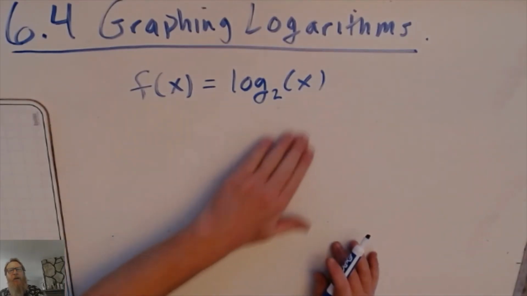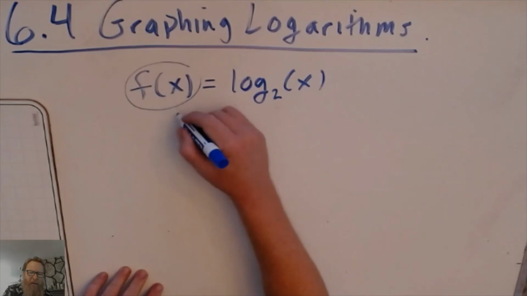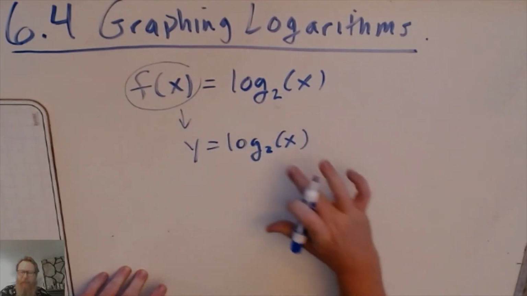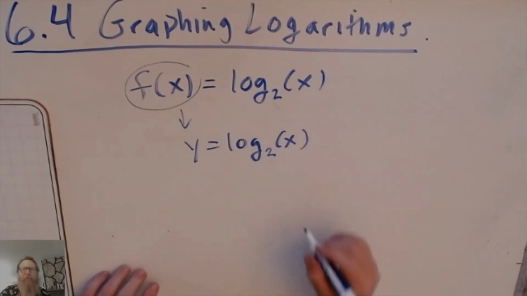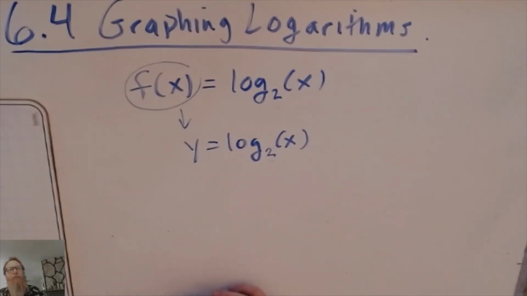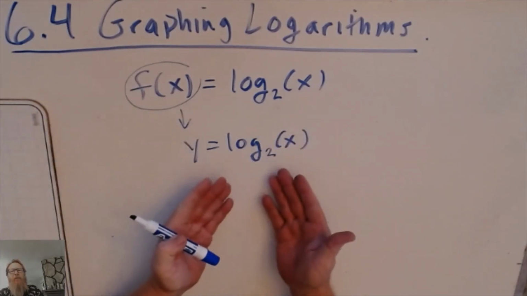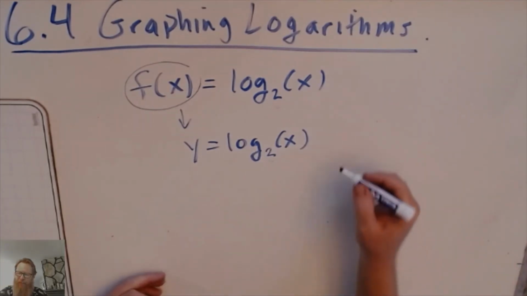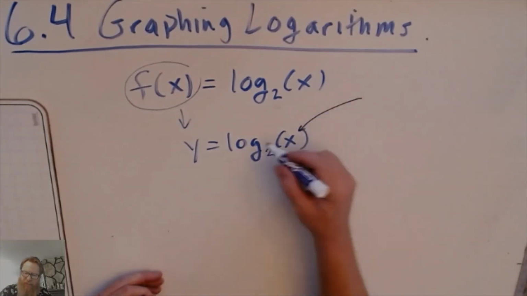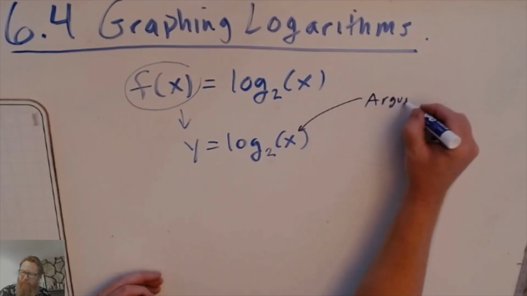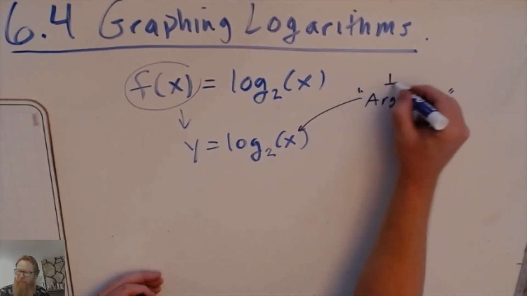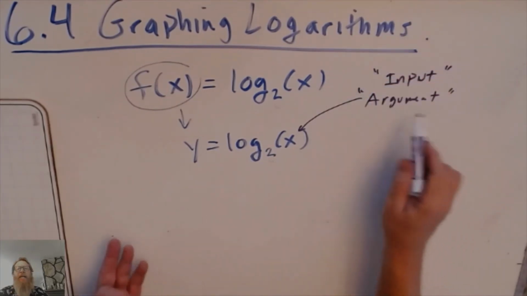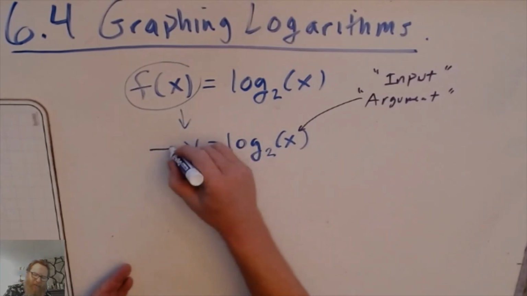f of x equals log base 2 of x. I often just rewrite f of x as y. And so you get y equals log base 2 of x. So this is a logarithmic function where our argument is now x, also known as the input. So we're going to be inputting values of x, and then our output